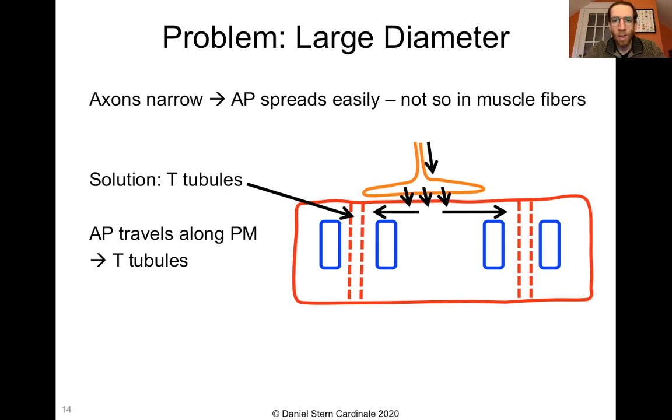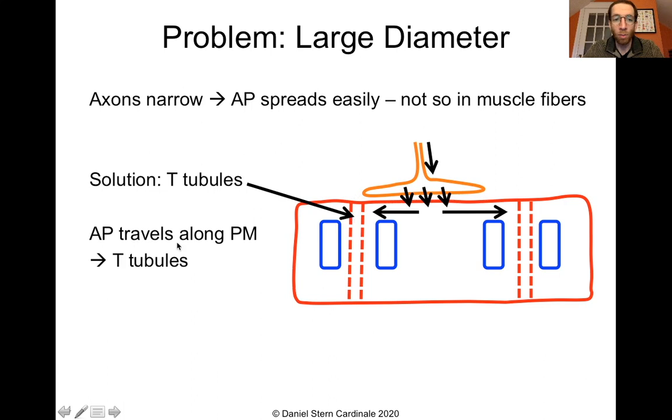So in this figure right here, this big brick-like cell, that's your muscle fiber. Pretend it's a cylinder. These dotted lines indicate the kind of tunnels going through the cell from the T-tubules, and this blue part here represents the sarcoplasmic reticulum, which, as I said before, is closely associated with the T-tubules.